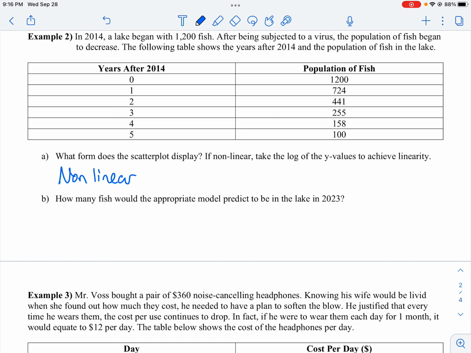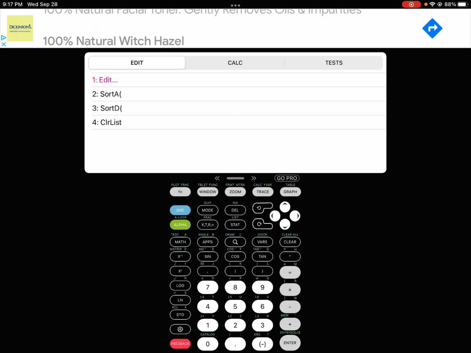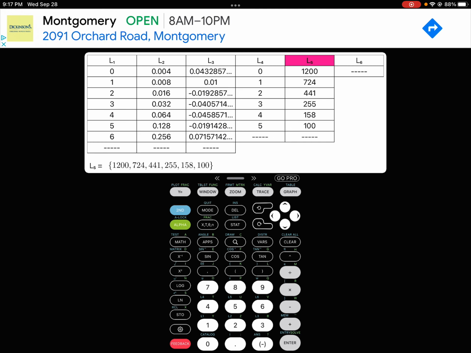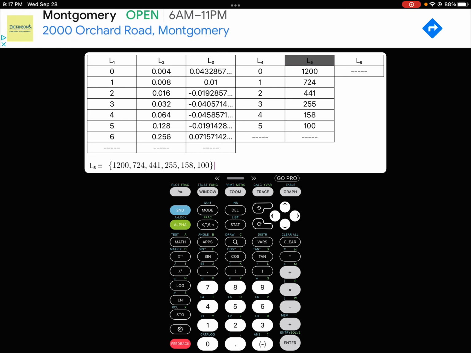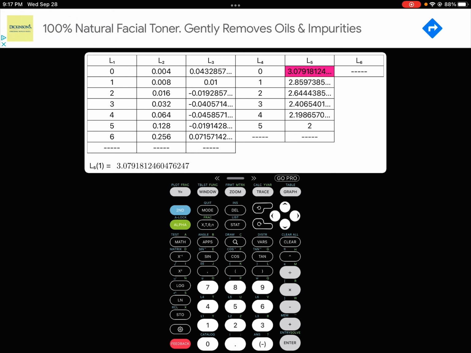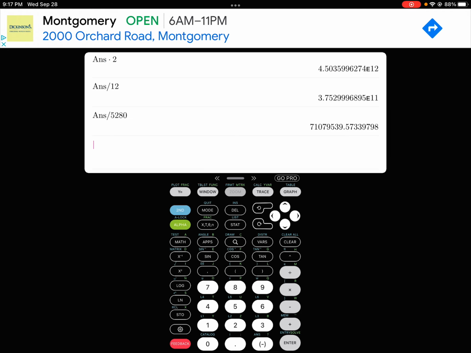Okay, if nonlinear, take the log of the y values to achieve linearity. So if I go back to stat, edit, and I go to list 5, I take the log of my y values. Okay, so I just go up to list 5 and press enter. So I've got my cursor. List 5 equals the log, again over on the left-hand side, of list 5. Okay, there's all my log values. Now, if I just clear out of here and I hit zoom,